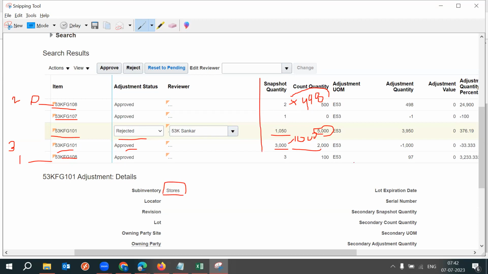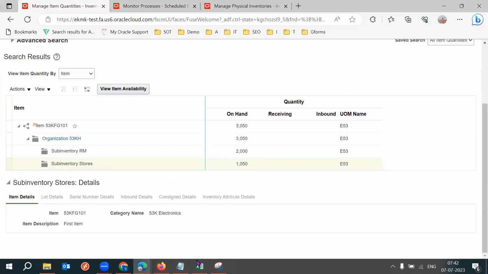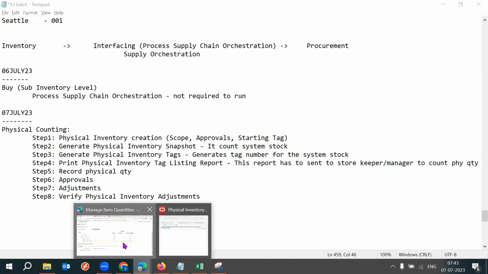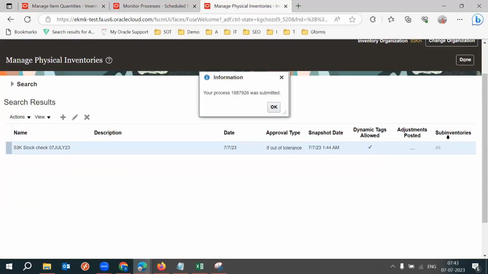So for these adjustments, the system is going to process step number 8. Step number 8, verify the physical inventory adjustments. Physical inventory adjustments. Verify physical inventory adjustments. So this you can do from